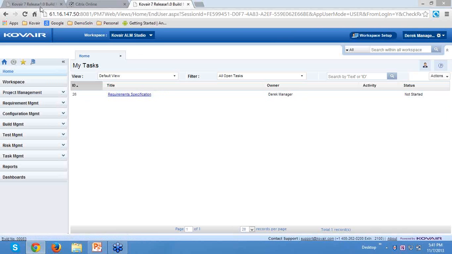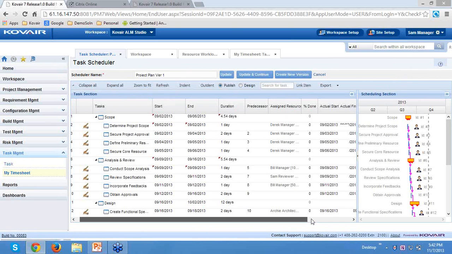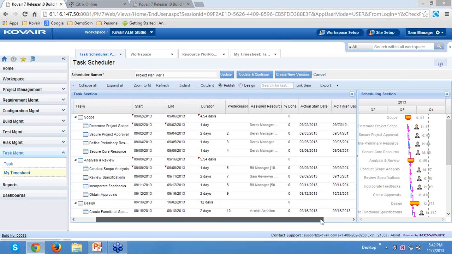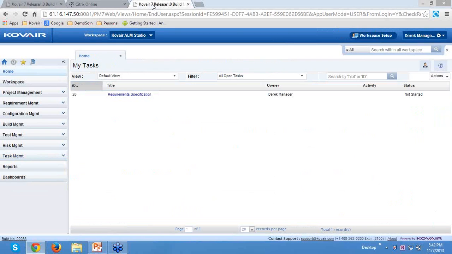If we look at the actual data portion, we can see that he had actually started the work on 2nd September and ended it on 2nd September. So let us see the timesheet of the direct manager.